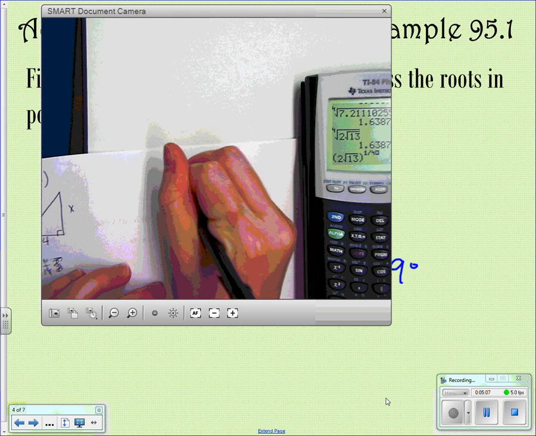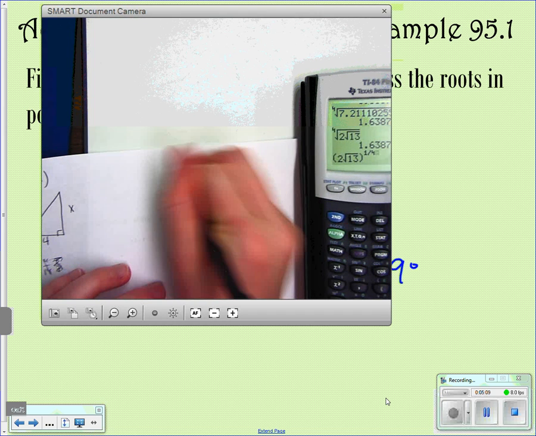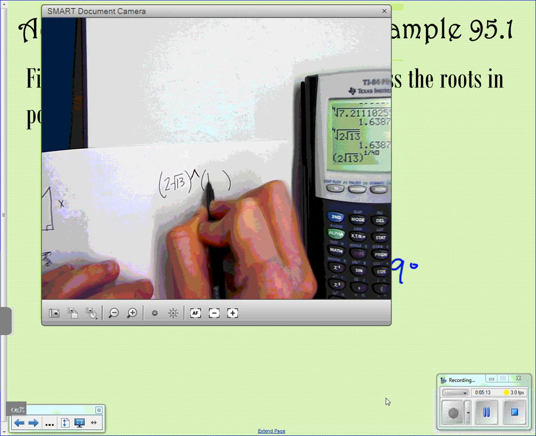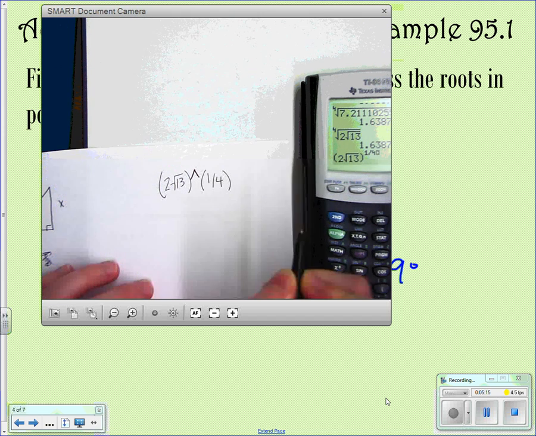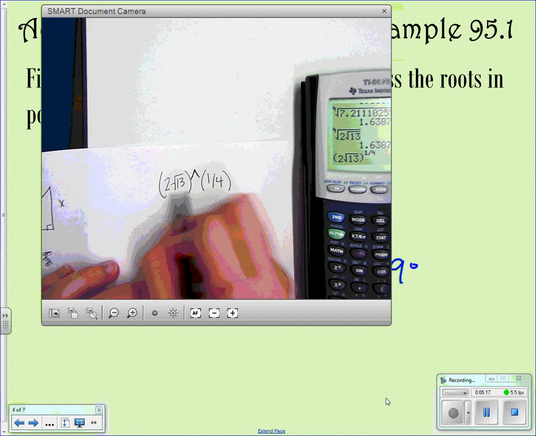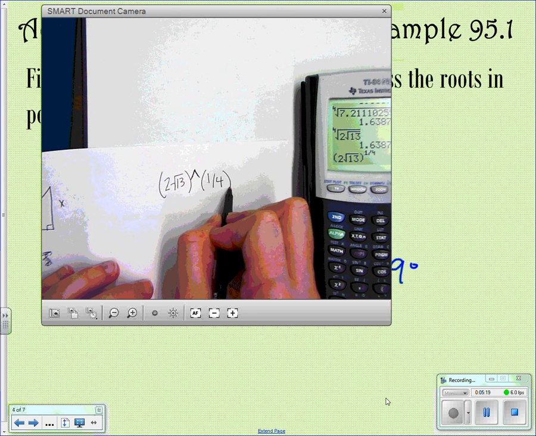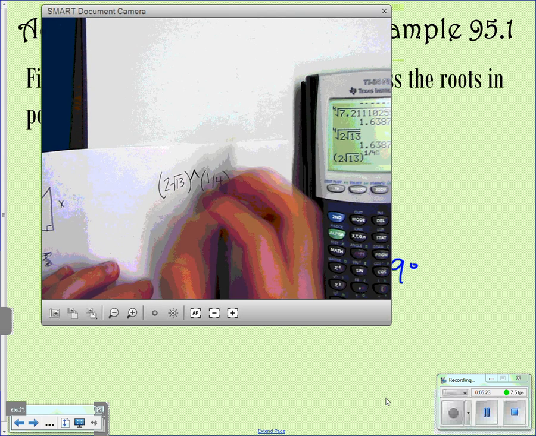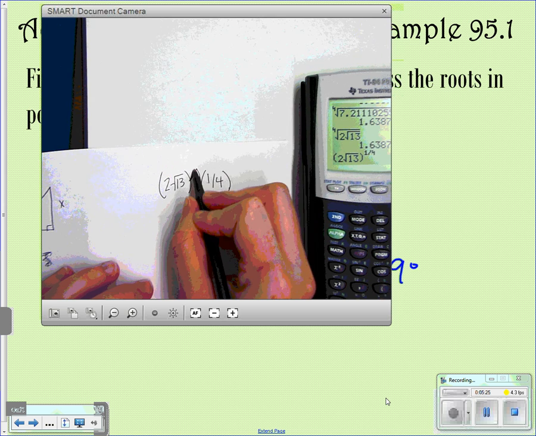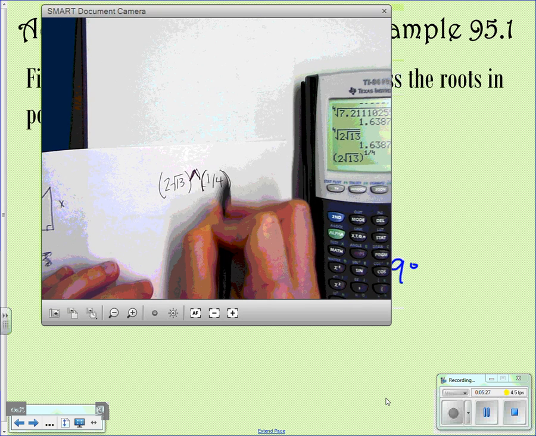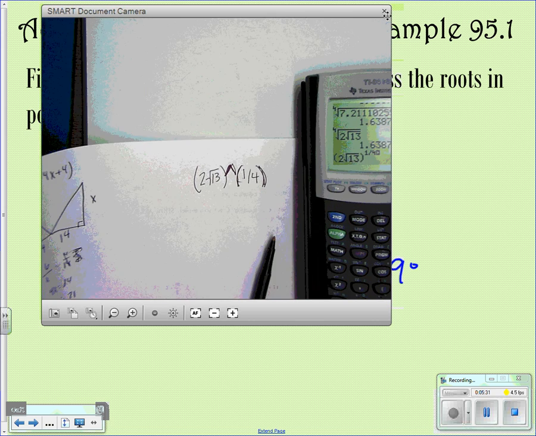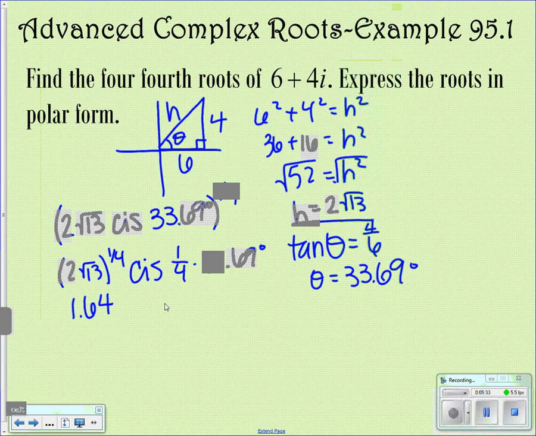when you have the 2 square roots of 13, when you put your little caret in there, you need to put parentheses around the 1/4. Otherwise, what it's going to do is raise it to the first power and then just divide it by 4. So if it's not putting it in the exponent, if it's keeping it all in one line and you have a caret show up, you've got to put parentheses around your exponent. Okay? So that's where the